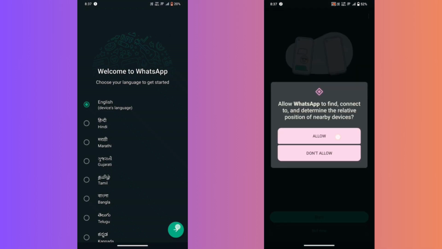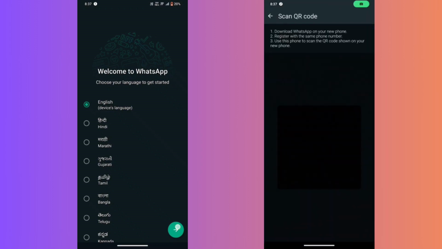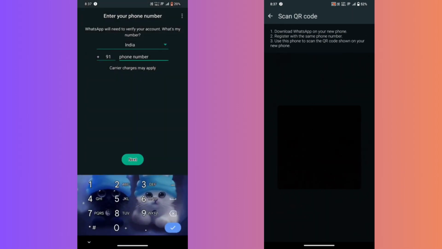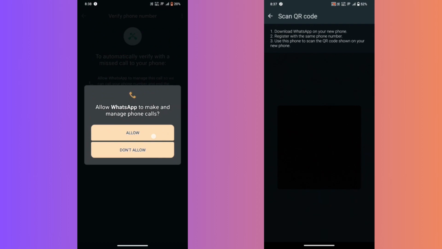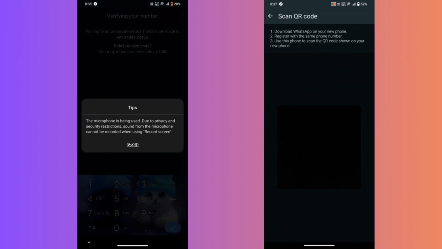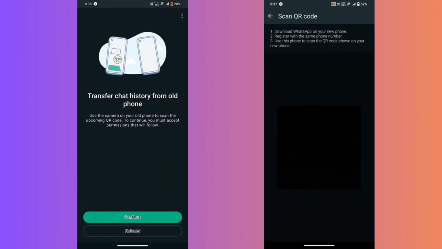You'll need to download WhatsApp on your new phone and register it with the same phone number. Download WhatsApp on your new phone and follow the registration process. You'll be asked to enter the phone number you're using on your old phone. After verifying your phone number, WhatsApp will inform you that you can transfer chat history from your old phone. Use the camera on your old phone to scan the QR code displayed on your new phone to continue the